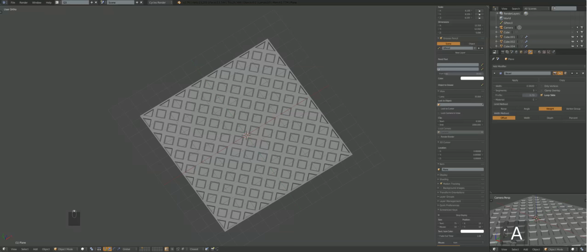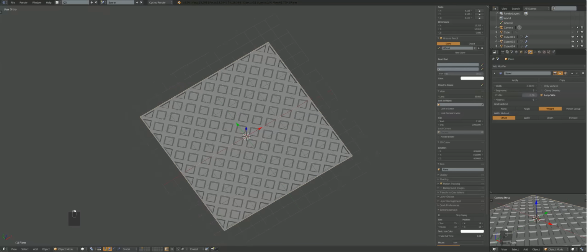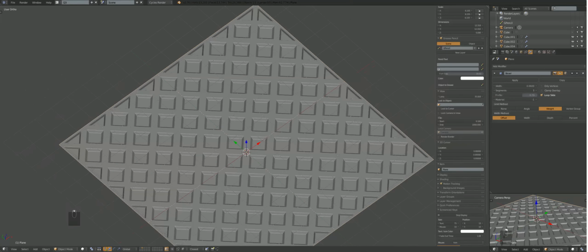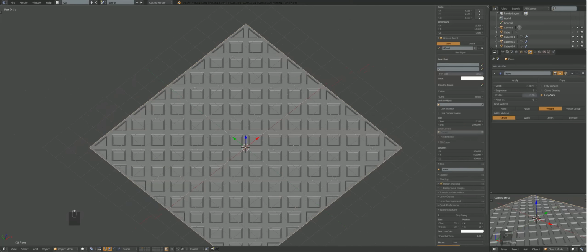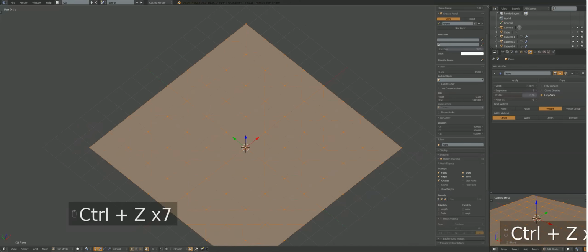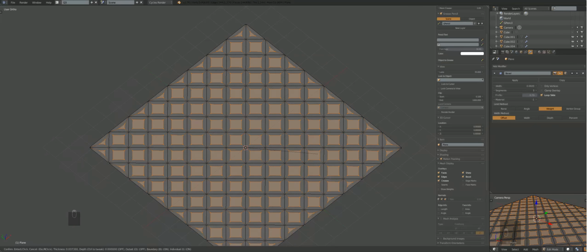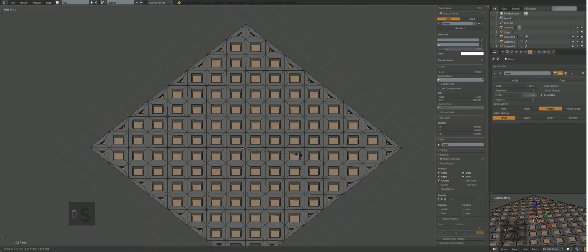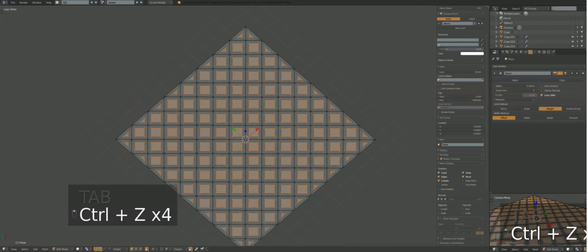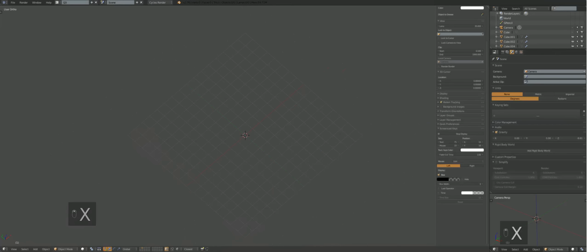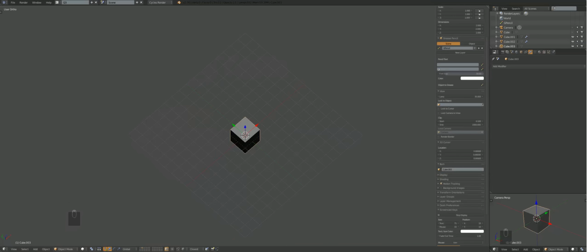So the goal is definitely to speed up your workflow, not really introducing anything new, just really minimizing the amount of hotkeys it would have taken me to perform this operation. In fact, if we went back, all I'd have to do is press Alt P, Alt J, double tap I, and that's it. But there's times where I just don't want to do that. So the next thing is the